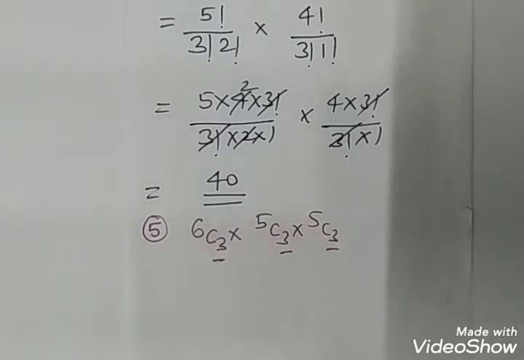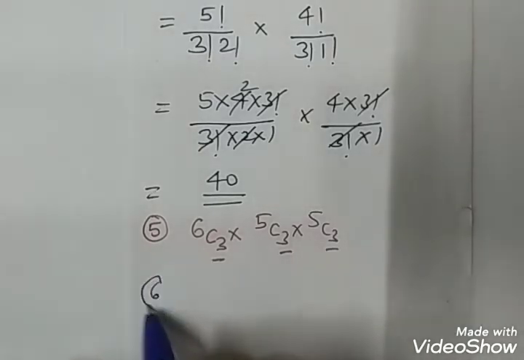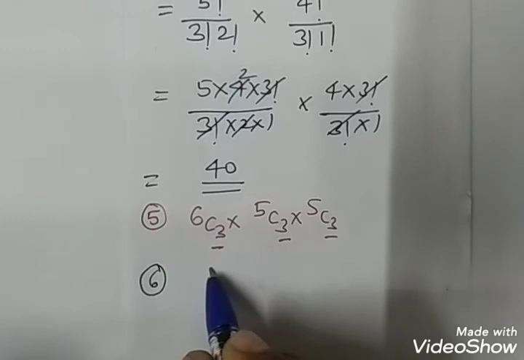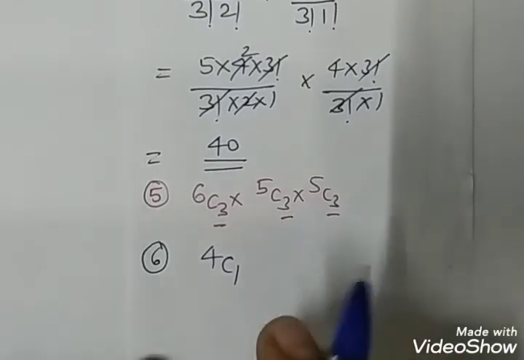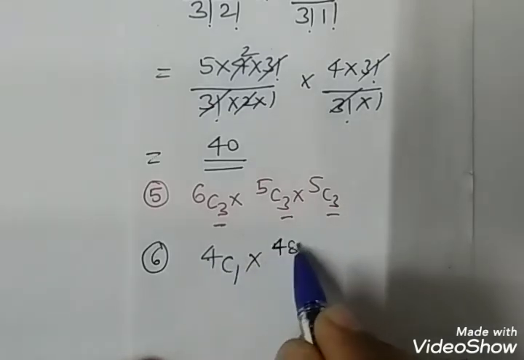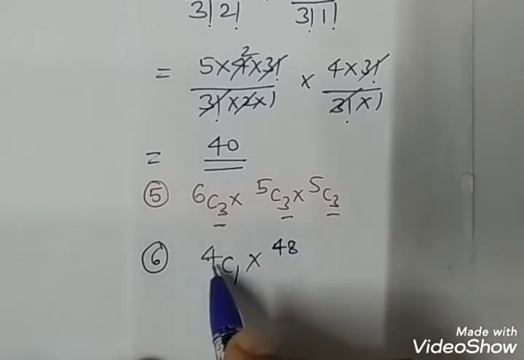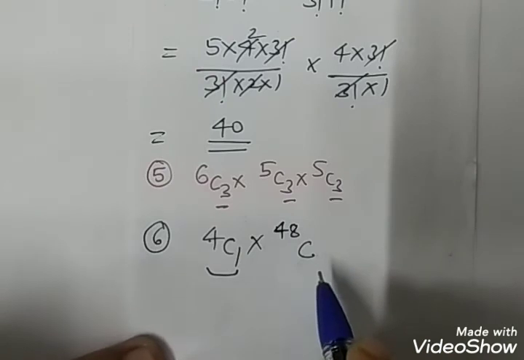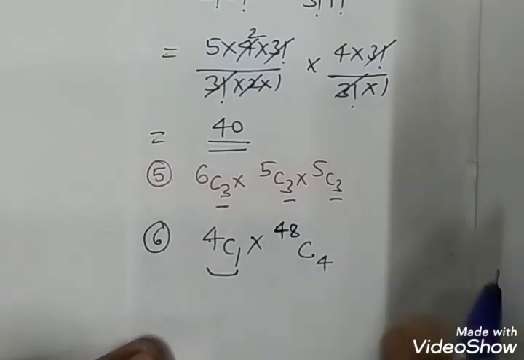Okay. Next is, determine the number of ways of 5 cards combination out of 52 cards in which there is exactly 1 ace. See, there is exactly 1 ace. How many aces are there? There are 4 aces. So it is 4C1. I pick 1 ace. Total cards available is 52. 4 have already been picked up by us, so I am left with 48 cards, because I used 4 cards already in picking up the aces. It is 48C, and in total we have to pick any 5 cards.